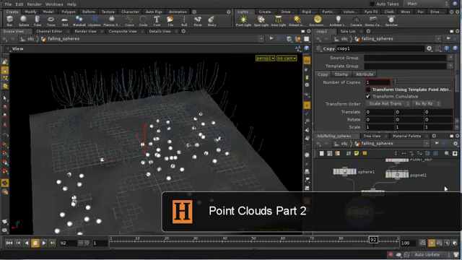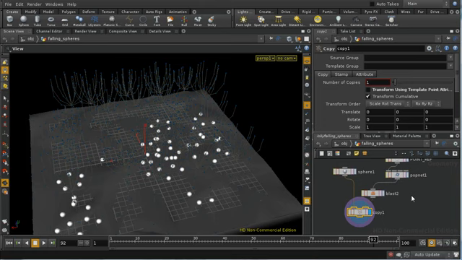So we've almost finished with this part of the network, but the last thing I need to do is lay down a couple of nodes which will allow us to extract and save out to disk the point clouds that we're going to need when we render. And the effect that we saw of the white blobs appearing where the spheres hit the ground is achieved by using a shader which is loading in point cloud information. And the information it's loading in is going to be the positions of the particles which have already hit the